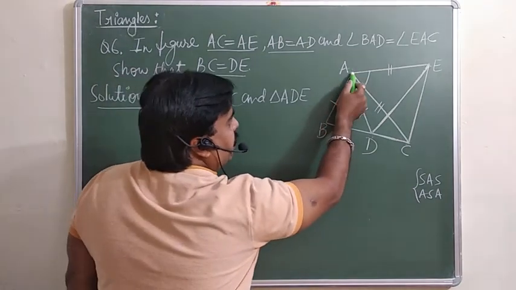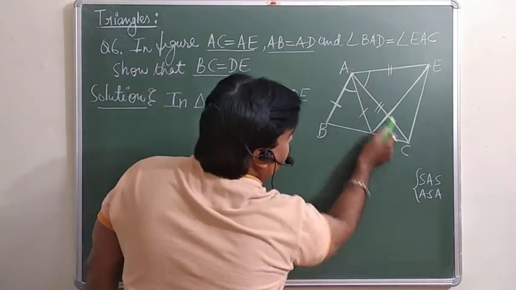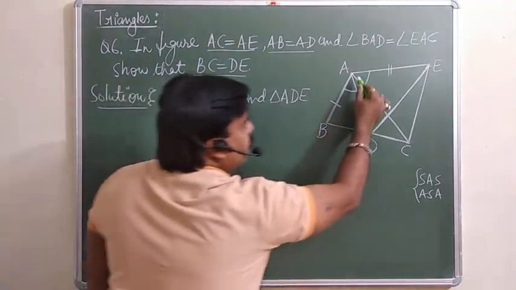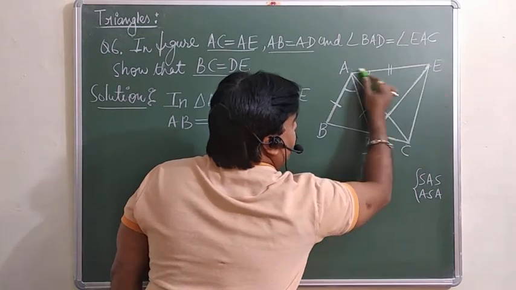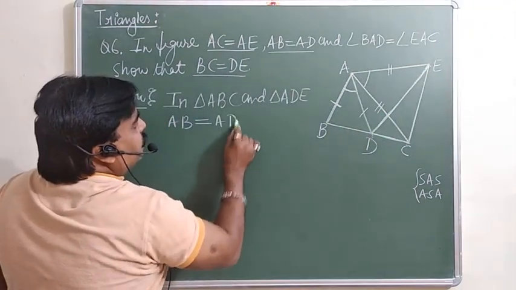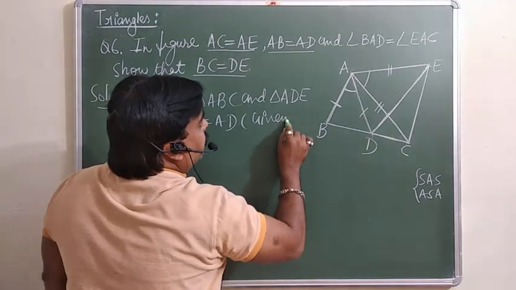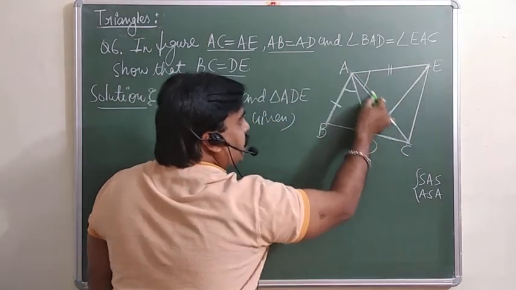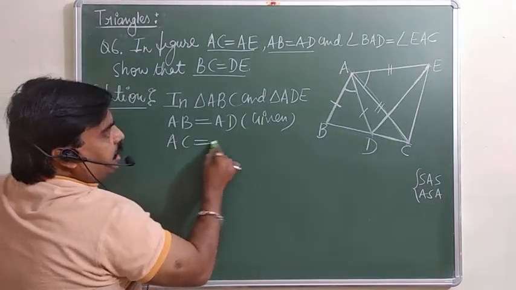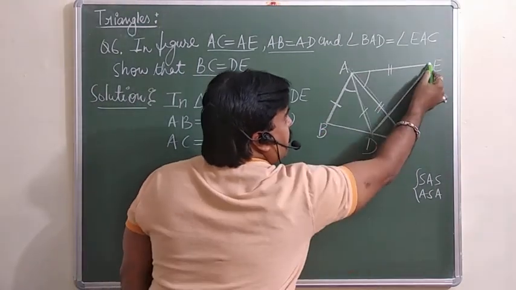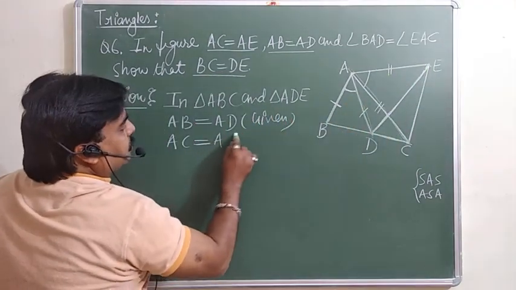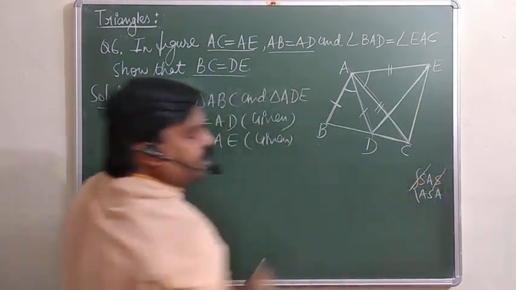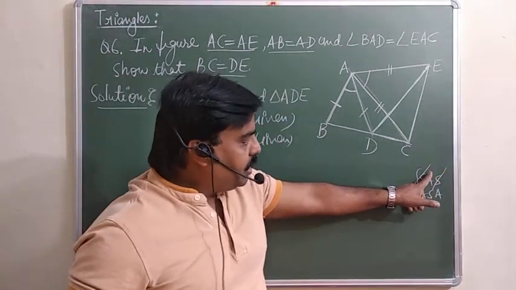So now look here. See, in this triangle ABC, side AB is equal to, in triangle ADE, look here, side AD. This is already given. Similarly, in triangle ABC, this side AC, and in triangle ADE, side AE is also given. It means two sides are already given. So you are supposed to search. What do we need to find? One angle.